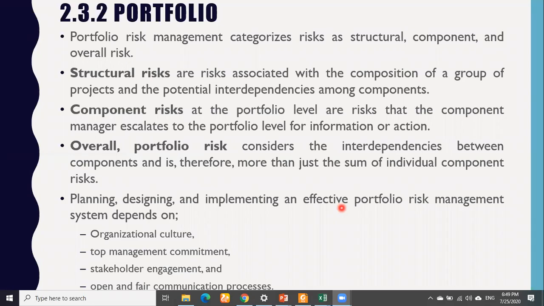अच्छा, ठीक है। So you can also find that, for example, whenever we are talking about portfolio, at the structure level, we need to see that different programs are combined together in order to create one portfolio. So we need to see what is their composition, how they are influencing each other, whether there is any positive influence, whether there is negative influence, whether one is dependent on another, or whether there isn't any dependence, right? So these kind of things influence your risk. It definitely influences your risk, right?